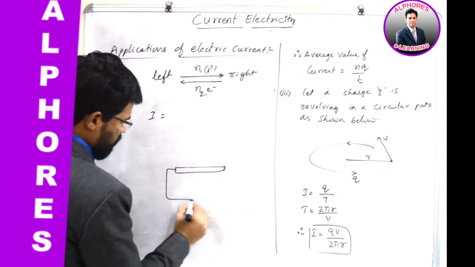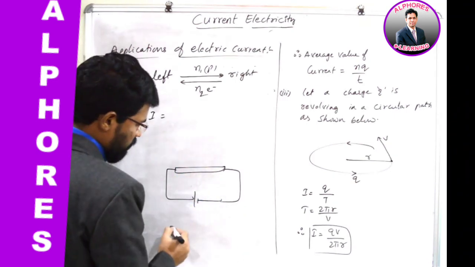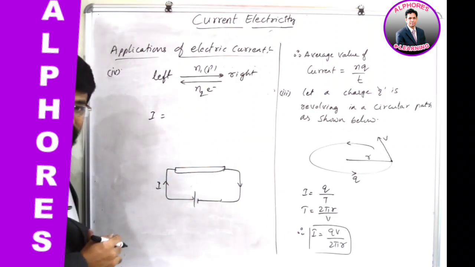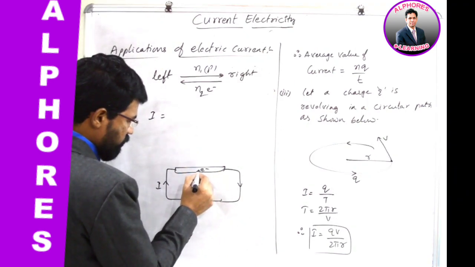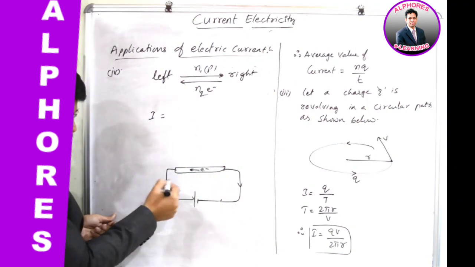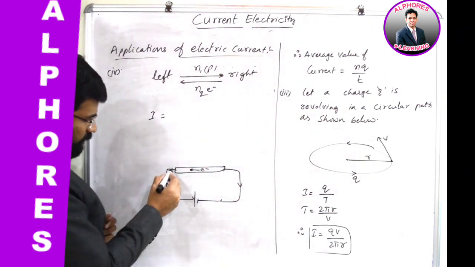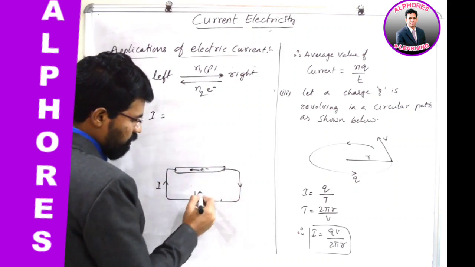is taken here, one battery is connected here. This is positive terminal of the battery, this is negative terminal of the battery. How do we take direction of the current? This is how we take, if there is a current I. But in fact, inside the conductor, electron moves in this direction, opposite to I, isn't it? Because here this is positive terminal of the conductor, and this is negative terminal of the conductor, right?